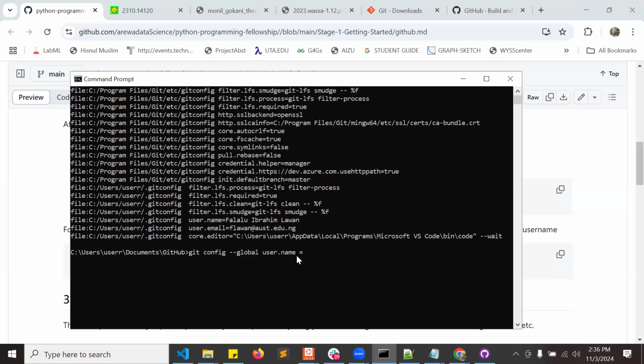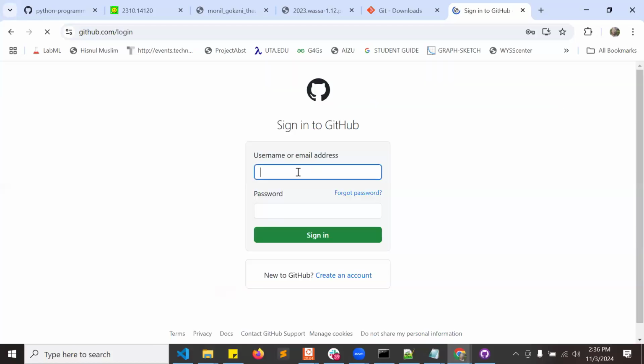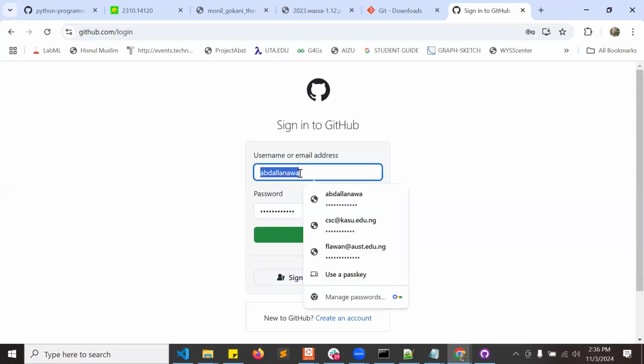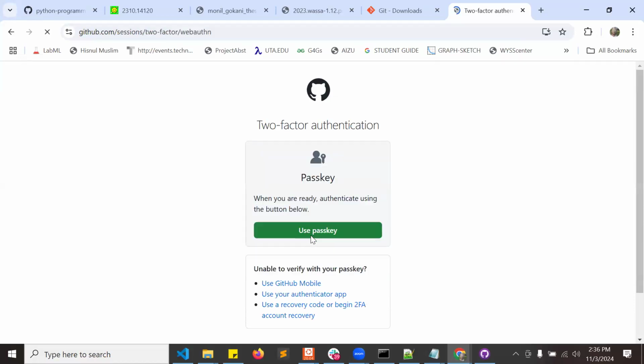So how do you know your name? You have to go to GitHub. If you can't remember, you sign in. When you sign in, let me sign in with this account. So when I click on this, I have to use, okay, yeah, I can use my